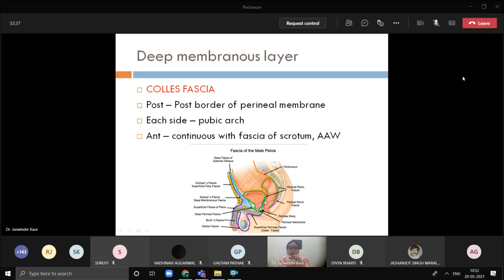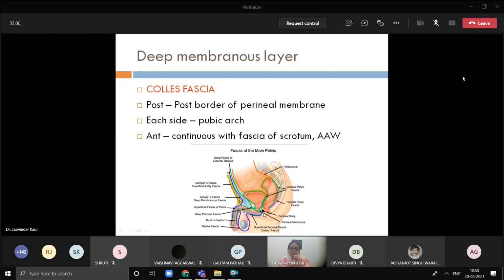So here I will only explain on the diagram. This one is the deep membranous layer of the anterior abdominal wall. It lines the anterior abdominal wall. Then it lines the penis. Here it forms the superficial fascia of the penis, and in the penis it is known as Buck's fascia. Then it lines the scrotum, and in the scrotum it is replaced by the dartos muscle. Then it comes in relation with the perineum.